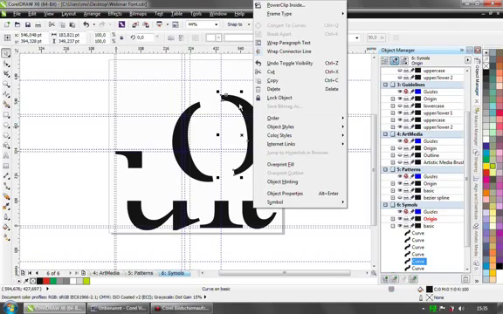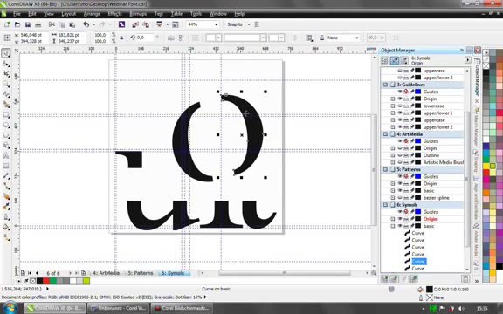So when you want to set a pattern as symbol, the advantage of using symbols is actually you use a pattern once, and the symbol is virtually copied or duplicated, but it doesn't increase the file size. And anytime you have the ability to adjust the size, you can skew it, you can rotate it, you can